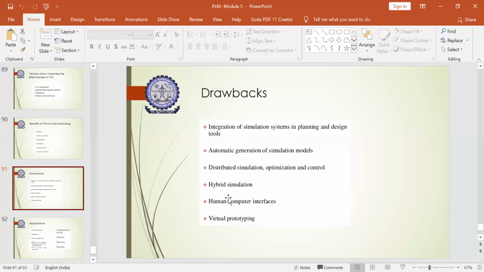So if you achieve a good interface between human and computer and a good integration between simulation and design tool, and if simulation models are generated manually, then you can optimize and control to a super fast extent, and you can generate a very good virtual prototype which can function thoroughly as per the requirement, in how a product should be working in physical nature.